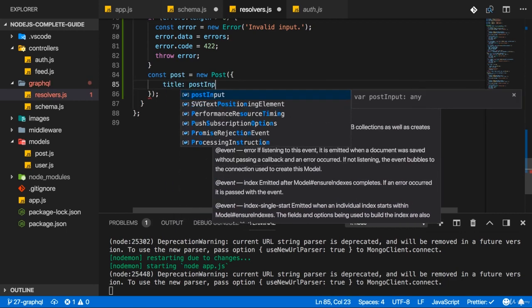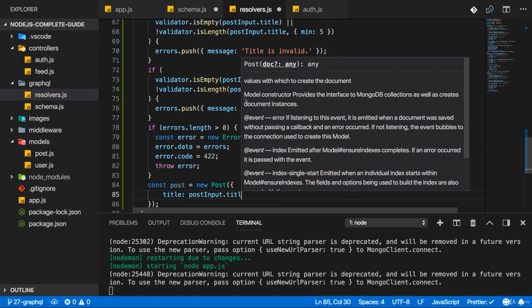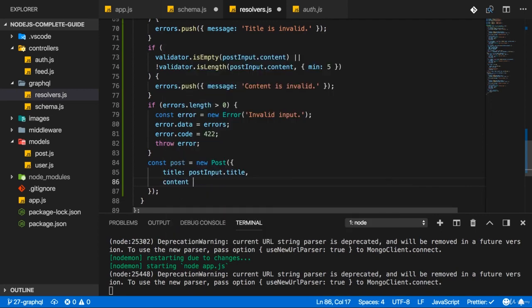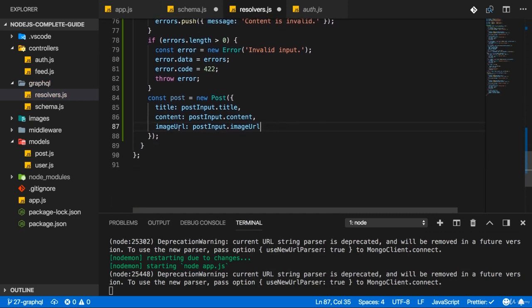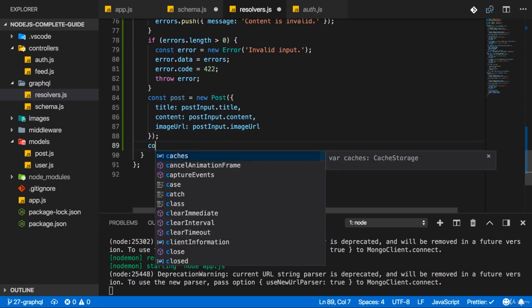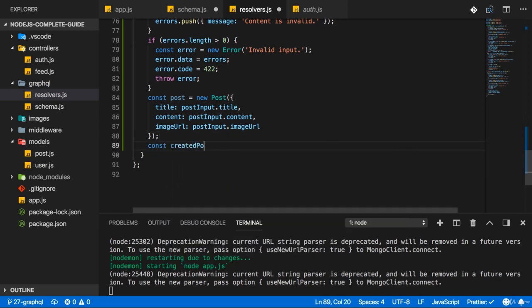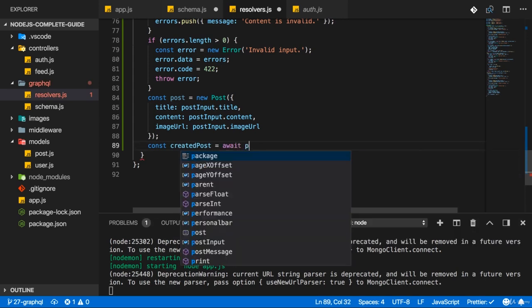And now down there where I create my, whoops, not user, my new post, I pass in the title, which I get from post input title. I of course also add the content here, so post input content, the image URL, post input image URL. And for now, I won't add a creator here because I'm not able to retrieve the user yet. So that is my post. I can now store the created post in a new constant, and I get that by awaiting post save